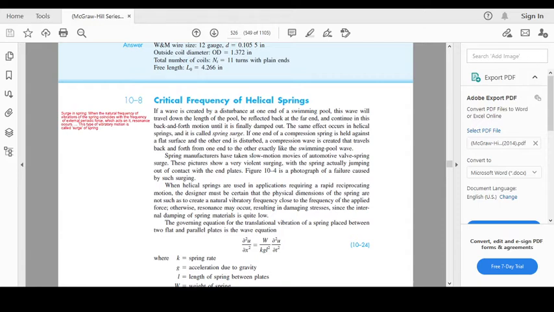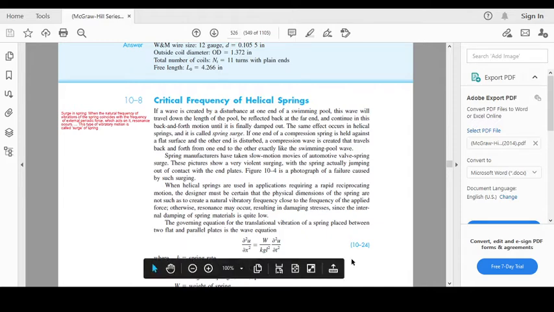Okay, what do you mean by critical frequency? A wave is created by a disturbance at one end of a swimming pool. This wave will travel along the length of the pool and be reflected back at the far end, continuing its backward motion until it is finally damped out. You can just imagine if you put